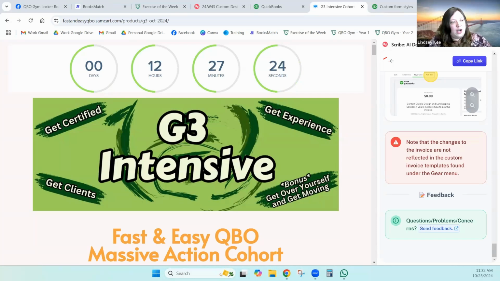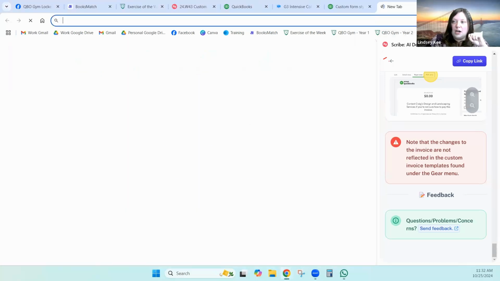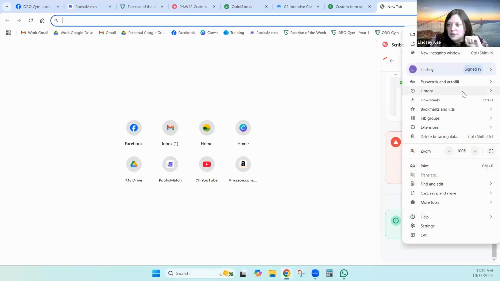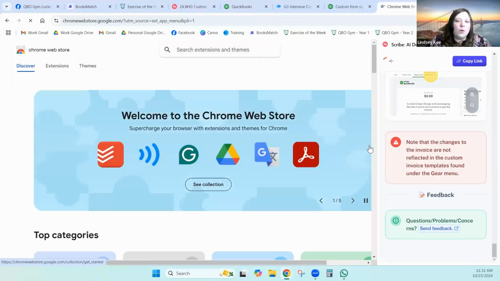How you get Scribe, Ellen, you will have to go, trying to think, because I just did this. Let me show my screen here. I believe that you have to go to extensions, and then manage extensions. I had to visit the Chrome store. So, and then you would type in here,